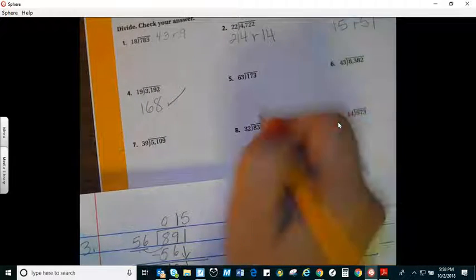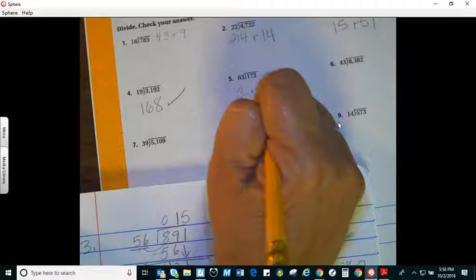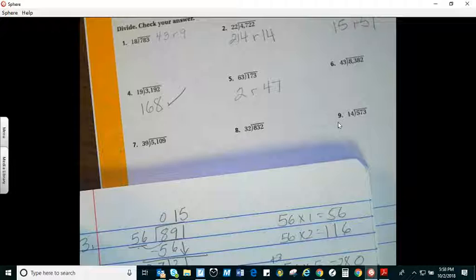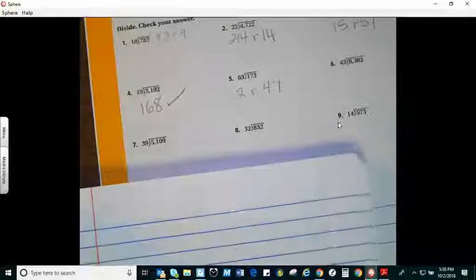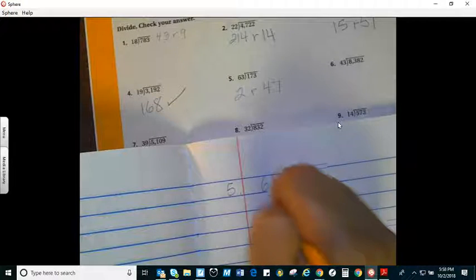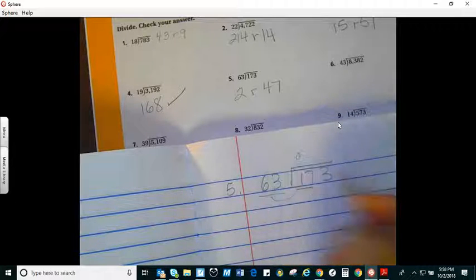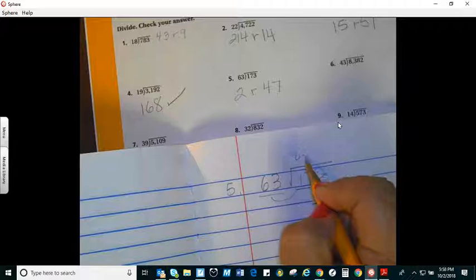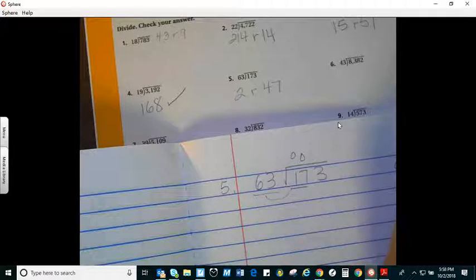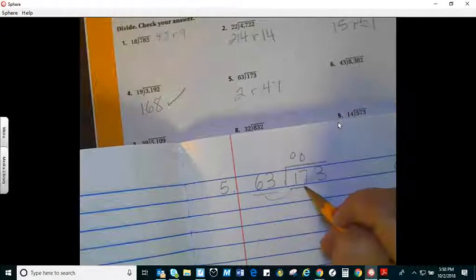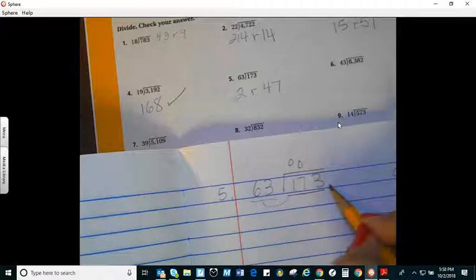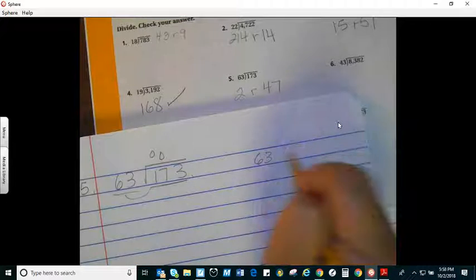Number 5, we said that the answer was going to be 2 with a remainder 47. All right, so now let's check to see if that one's correct. So number 5, I have 63 goes into 173. 63 cannot go into 1. It cannot go into 17. So let's do this. We need to see how many times it can go into 173. Well, I know that already 63 times 1